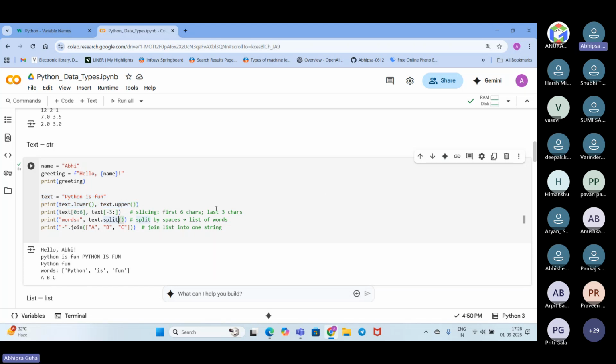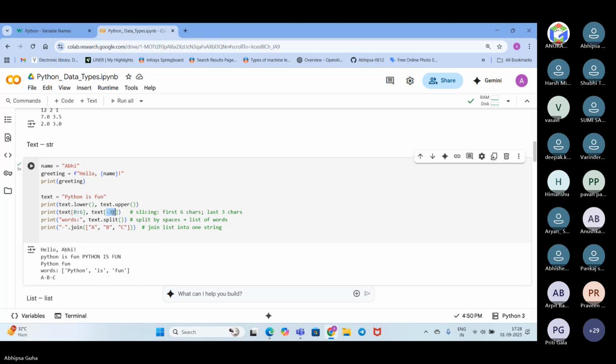And next, we want to slice, like we want to divide the value until the first 6 characters or the last 6 characters. For the first 6, like 1, 2, 3, 4, 5, 6, only Python will be printed because we want to print the first 6 characters. Next, for the later section, we will be adding -3.